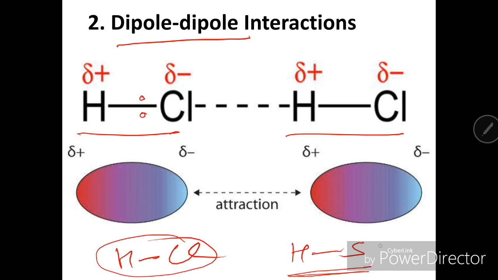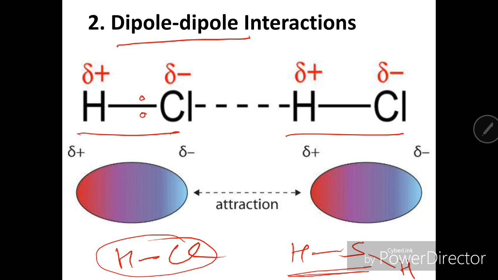HS bonds are found in H2S. So in comparison to H2S, HCl has stronger dipole-dipole interactions, whereas H2S has weaker dipole-dipole interaction. The reason is that between H and Cl there is a high electronegativity difference, so there is high polarity of the HCl molecule, so there is a high dipole moment of the HCl molecule, and therefore there will be stronger dipole-dipole interaction